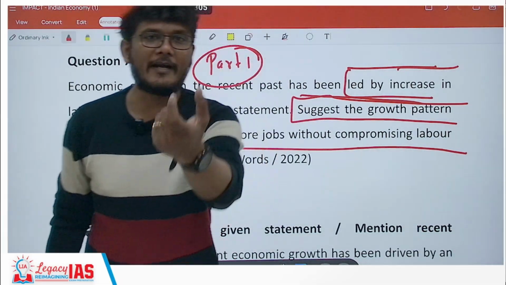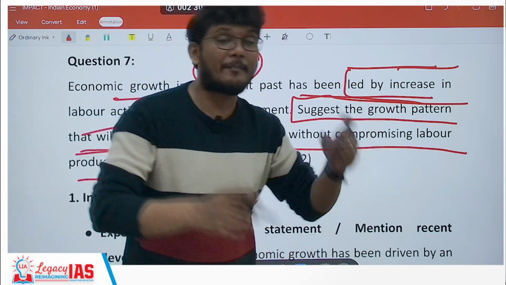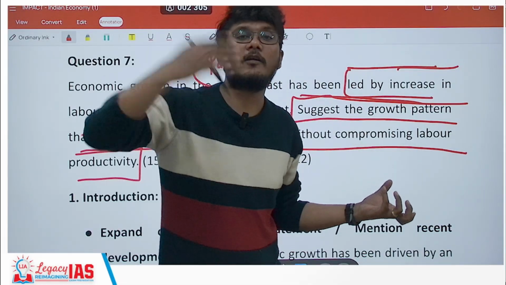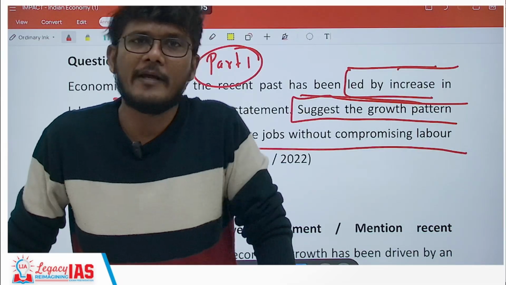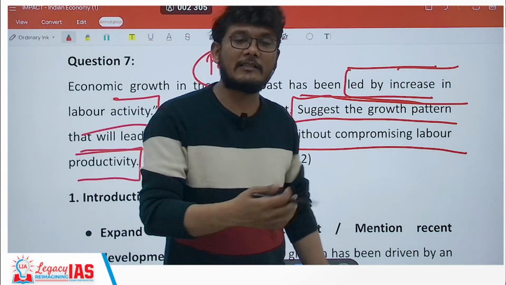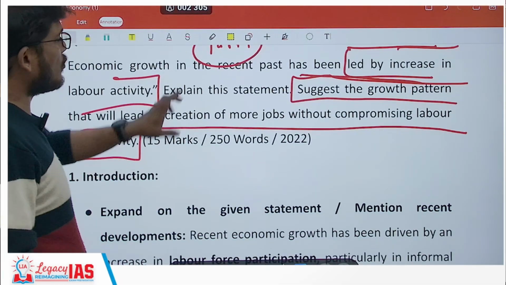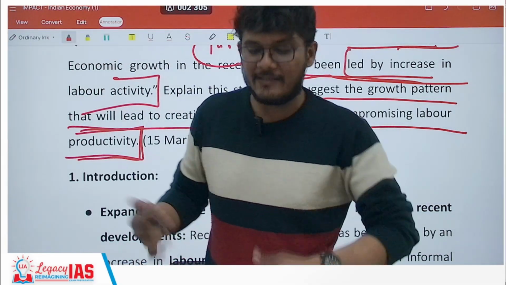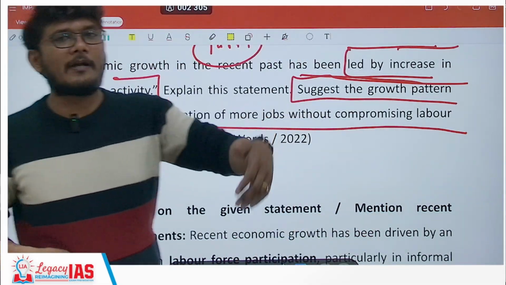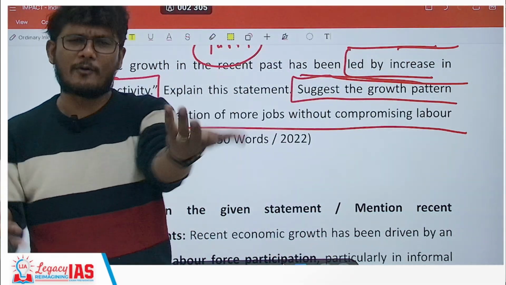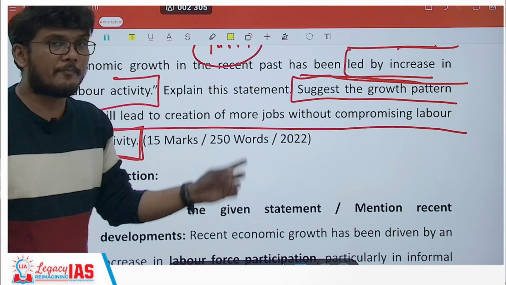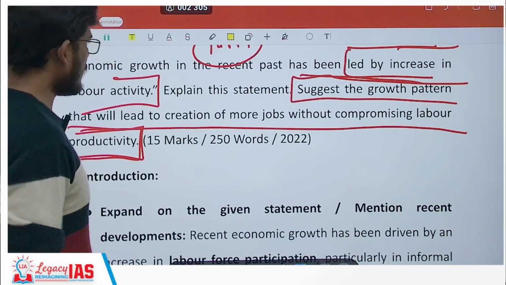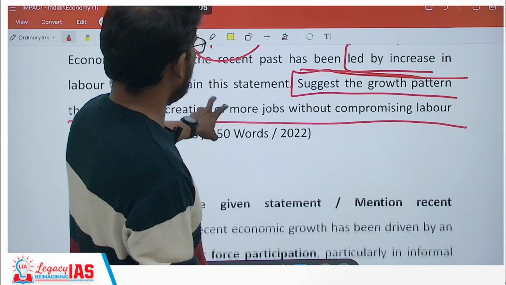I'm telling you that a bit because it is not just the content you directly place here, but a thought which you need to give. That boss, let me focus on those areas which will generate more jobs with the same amount of investment. For example, your MSME sector, this, that, but at the same time, when you do that, you should ensure that productivity is not hampered. That means there should not be disguised unemployment. You know, a job that requires 10 people, I am employing 20 people and saying jobs have increased. No, productivity has gone down. That should not happen. So disguised unemployment, you can mention that to ensure that there is no disguised unemployment or productivity is not reduced. Right? So that is the concept of this answer.